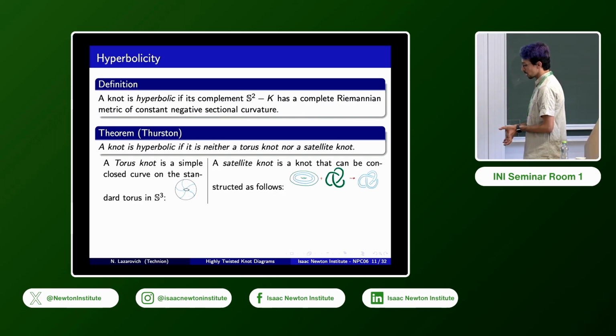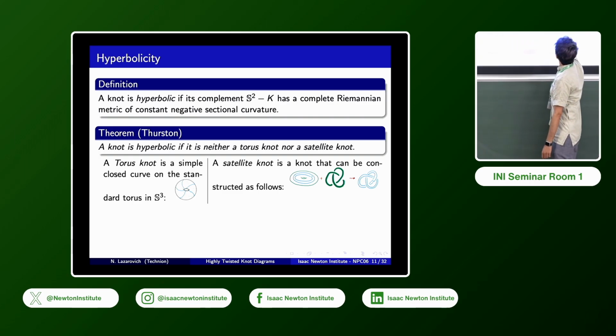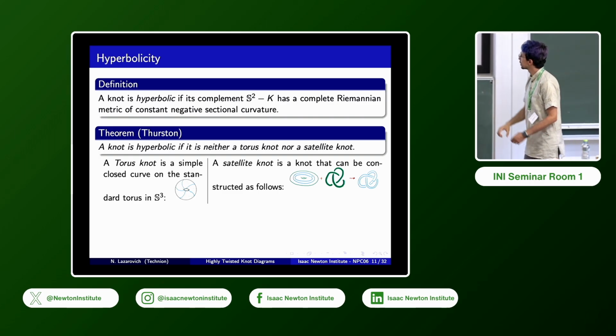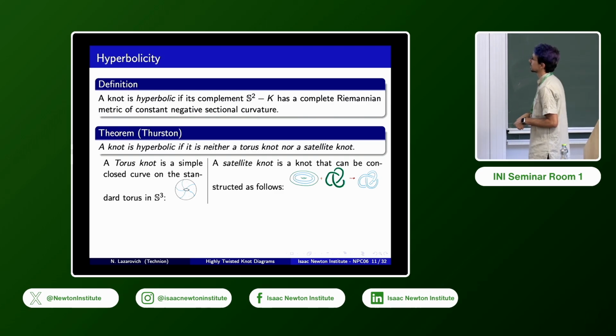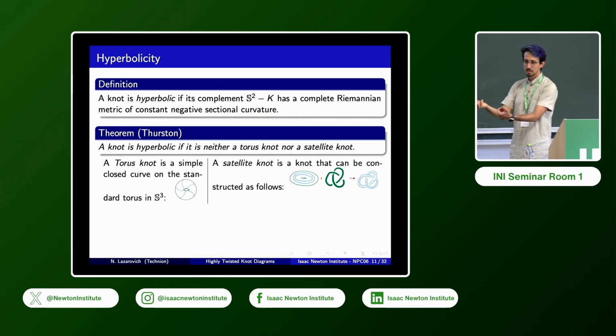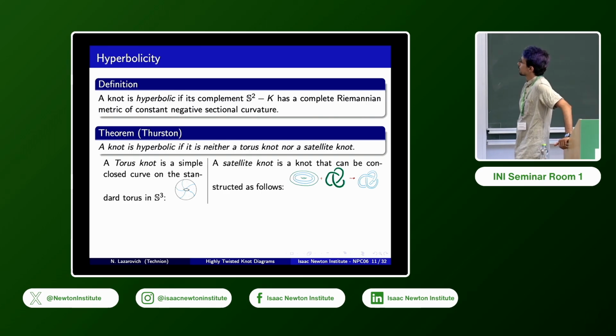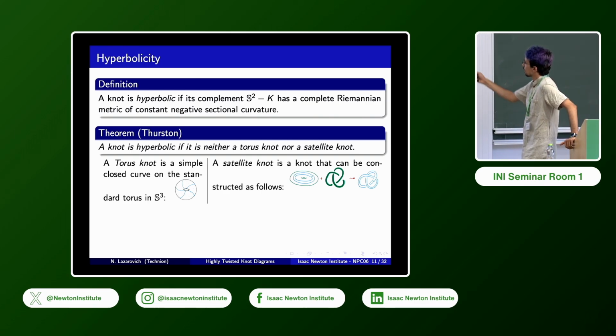You take a solid torus, you take a non-trivial knot inside the solid torus, and then you take a non-trivial knot. This was my solid torus, this is my non-trivial knot, and then you can do a satellite construction where you take the solid torus and place it in the neighborhood of this knot. So if your knot is not any of those constructions, then we know it's hyperbolic by work of